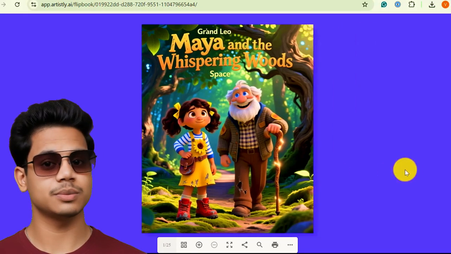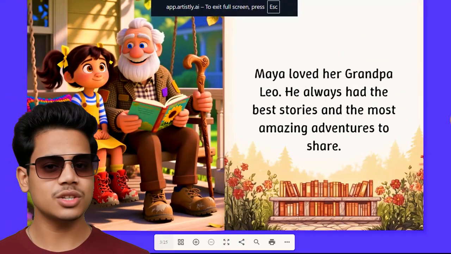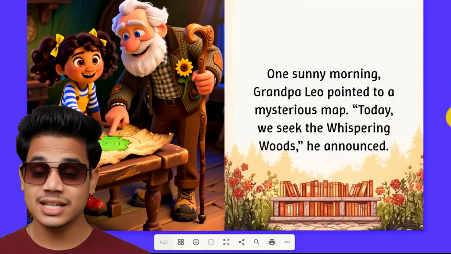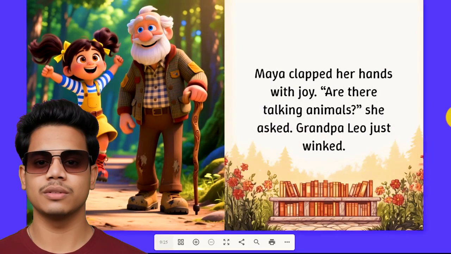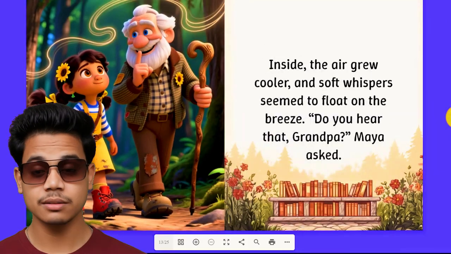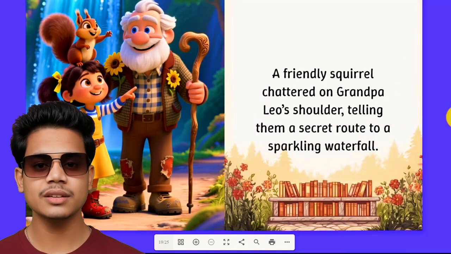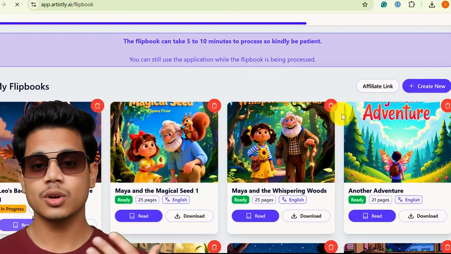What if you could turn a simple story, a little idea you have, into a beautifully illustrated book with characters that stay perfectly, flawlessly consistent from the first page to the very last? What if you could take a picture of your own child and make them the hero of their very own personalized adventure? This isn't a glimpse into the future. This is what is possible right now.